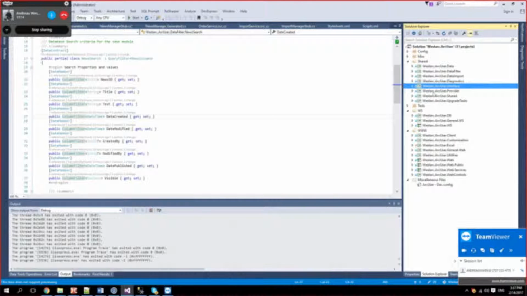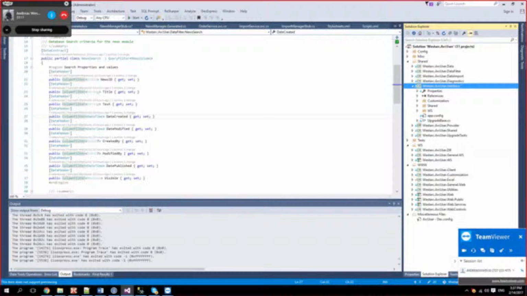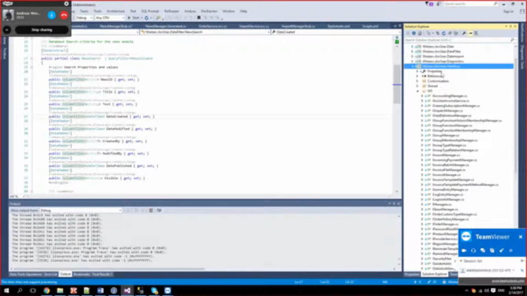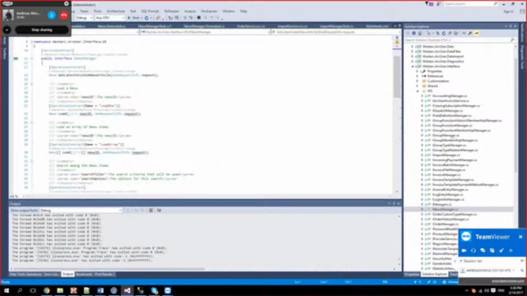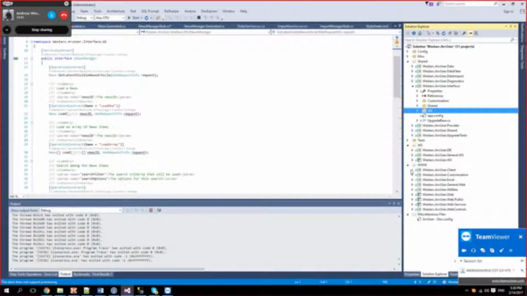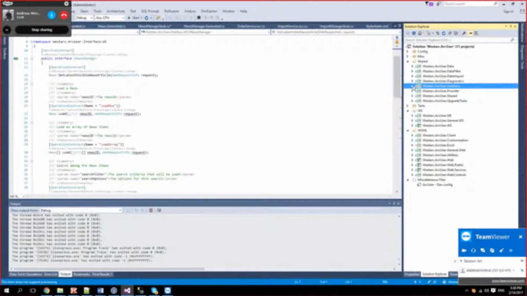Okay. The interface, under the WS namespace, we got all the interfaces that are shared between the front end and the back end. Each WCF service needs to implement an interface, and these are the ones. Okay, nice. I think we'll leave the rest in that project for now.